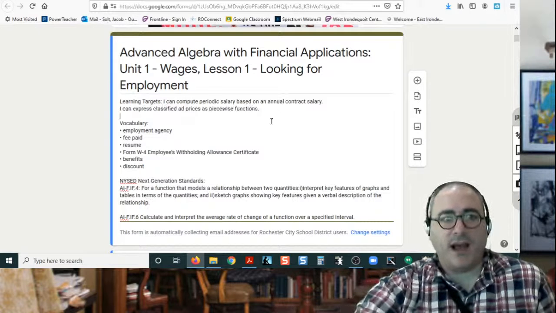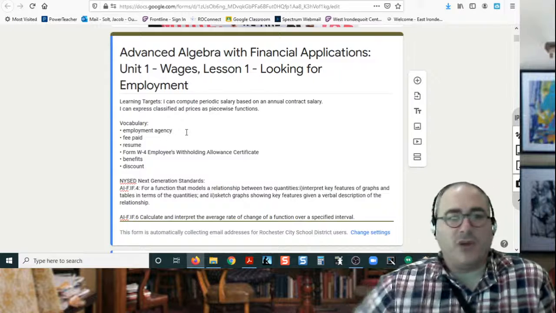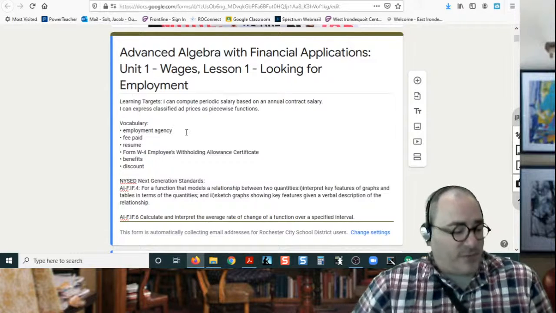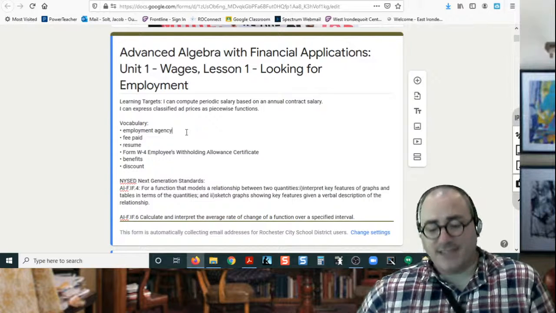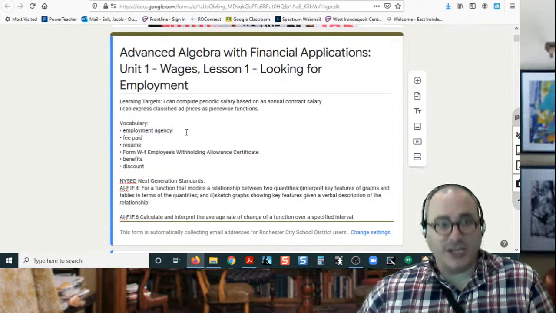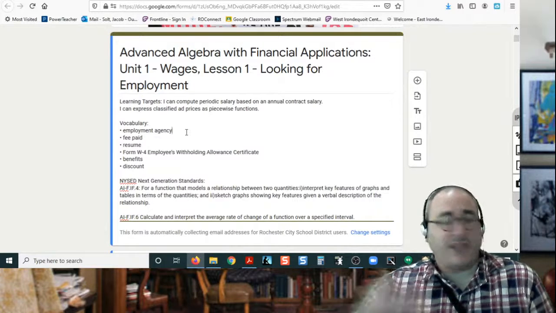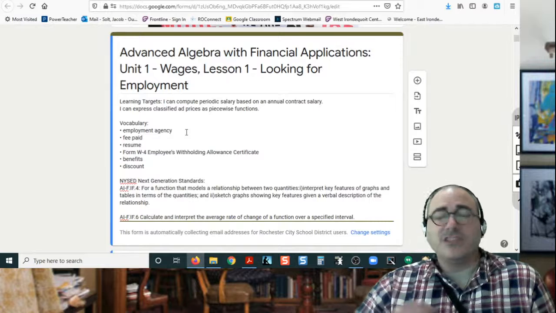Okay. Employment vocabulary. Vocabulary phrase number one, employment agency. Maybe you guys are familiar with these. If you are having trouble finding work and you just need a job, then sometimes a fast, easy way to get a job, any job, is to go to an employment agency. They're going to sit you down like a job interview. They're going to talk about what kind of skills you have and what kind of history and work experiences you have,